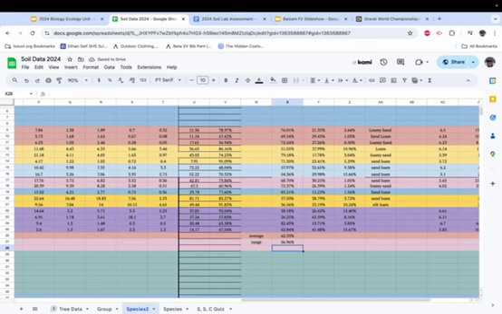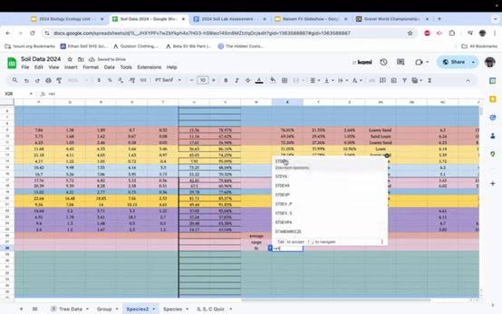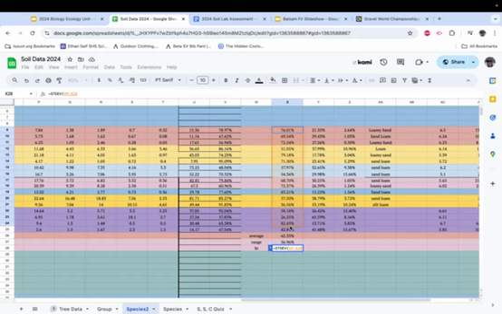56% is pretty big. So that's something to think about. Let me just double check that I did that correctly. Yep. And then standard deviation, which again is talking about how variable the data is. Equals standard deviation. Highlight the data. 16%. That's not terrible. It's not awful. So I have these computations which I could use in my argument, but I also want to